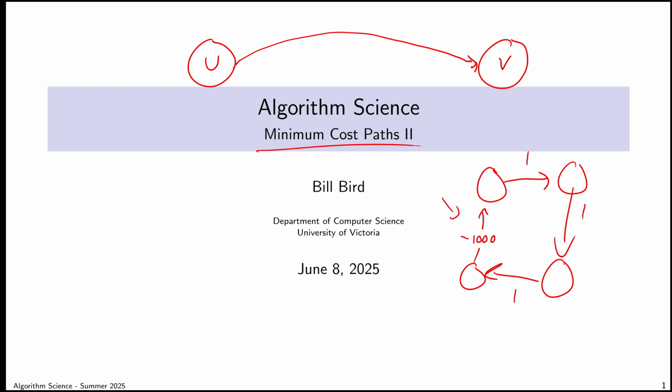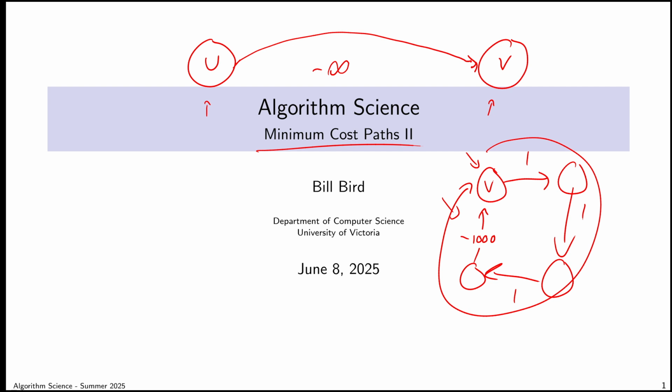The problem is, if I start here and I travel all the way back around again, even though I'm at the same place where I started, I have now made a profit. And in the grand scheme of things, I sort of made a profit by standing still. I mean, I did go around the cycle, but I ended up exactly back where I started. If such a situation exists in a graph, then there could be these cases where travel from one vertex to another has an apparent minimum cost of negative infinity, which of course makes no sense because infinity is not a number, and so we treat this as sort of a converse special case to the infeasible case.